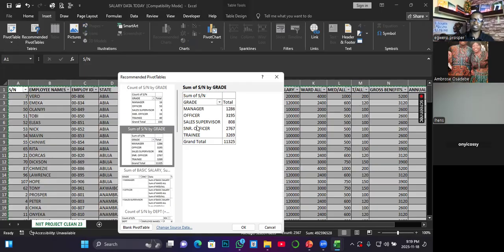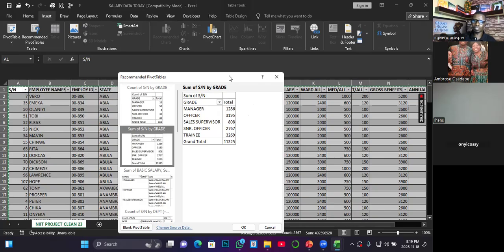Now you can see that none of this actually makes sense, because I am analyzing serial number. I should be talking about analyzing maybe grade, or summarizing maybe the basic